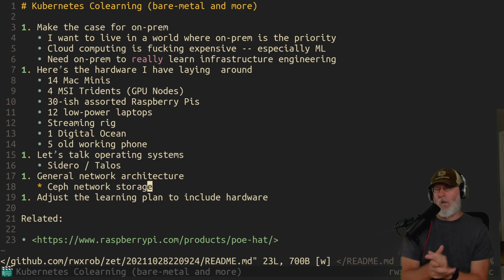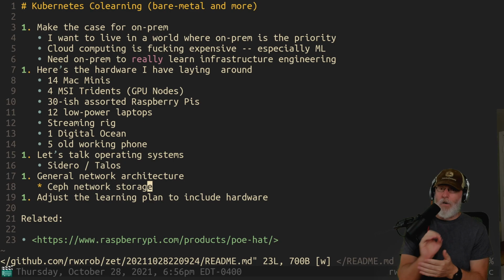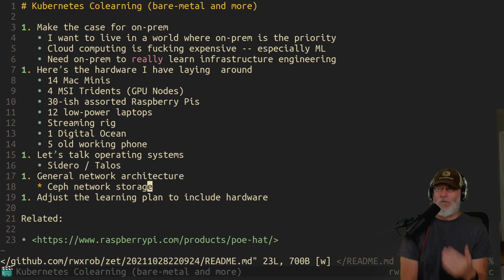So I really want to look at that, because then you just have an endpoint that's just the hardware. It just gets managed that way as well. So particularly in the area of storage, one of the things that was the hardest for me to get my head around is how storage is managed in Kubernetes, because it's not managed by it. Kubernetes has PV and PVC and stuff like that, but strictly speaking, storage is not included with Kubernetes.